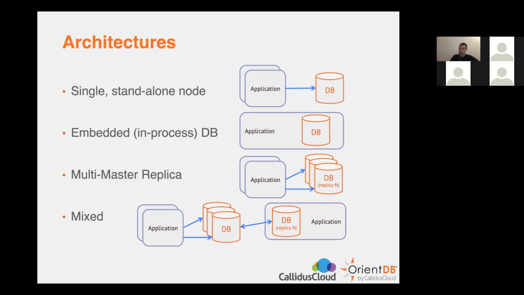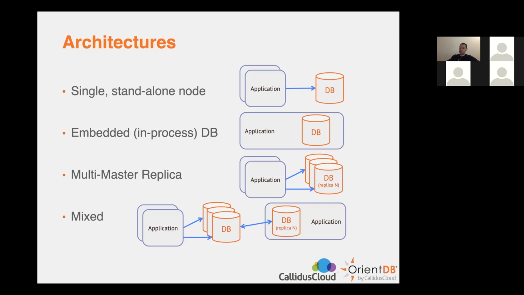So a single instance is pretty flexible. You can start and stop, and it's pretty easy to maintain. A cluster is much more scalable, it's much more reliable, and so on. But an embedded application is much faster because you don't have network between the application and the database. So for some scenarios, an embedded OrientDB is 10 times faster than a client-server instance. So if you need